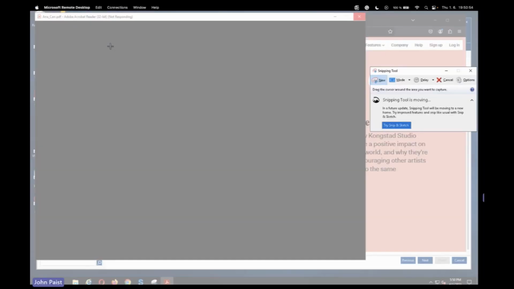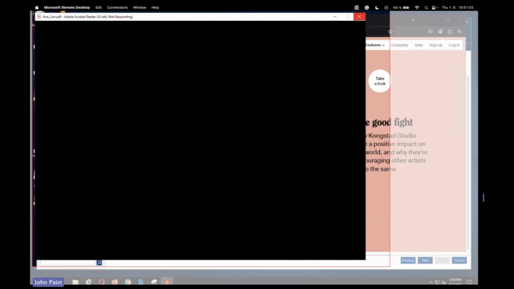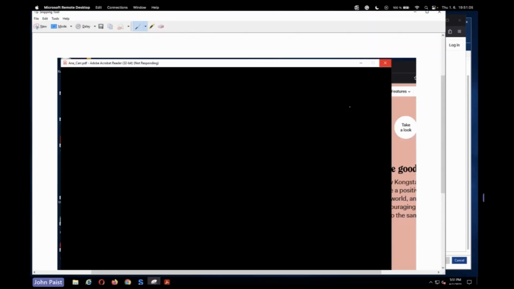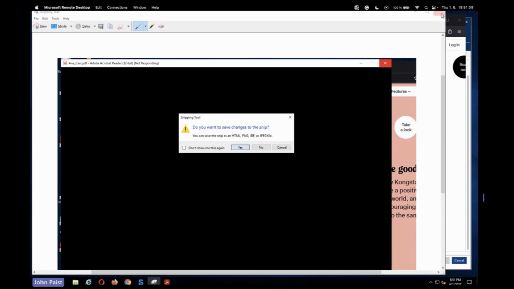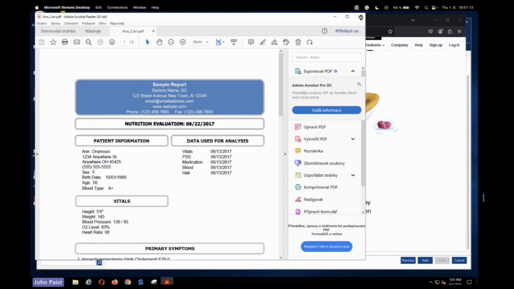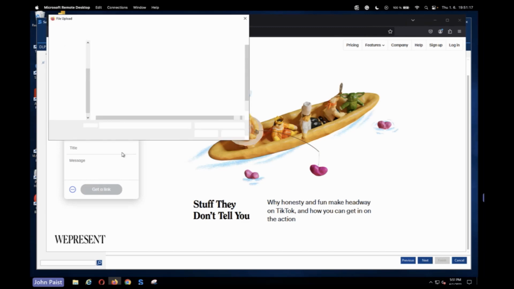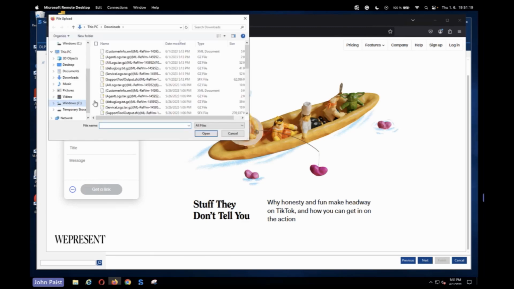Yeah. So if I want to take a screenshot, we can see it's blacking out the entirety of that image. And it looks like Adobe also decided to stop responding in the meantime, but we can see we're blacking out all of that sensitive information in regards to said file. And will it let me get out of it? Yes, it will. And if I were then to upload said file as well,